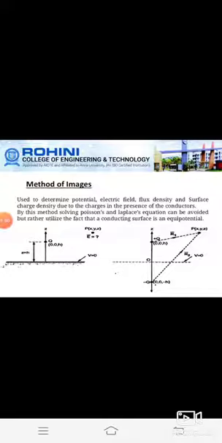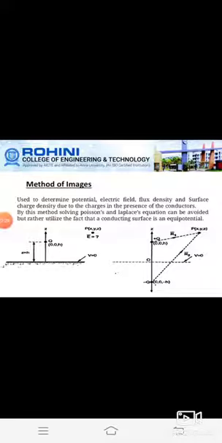This potential we will say is V equal to 0, and the electric field present will be normal to this surface. If there is no dipole, meaning only a positive charge above the conductive plane, then the fields at all the points in the upper half of the plane will be the same. So if any charge is present above the conducting plane, the same field existing at these points above the plane can also be obtained by replacing the conducting plane with an equipotential plane.